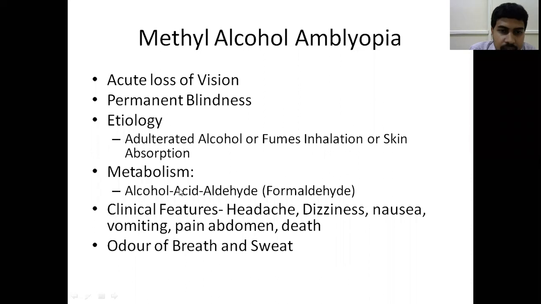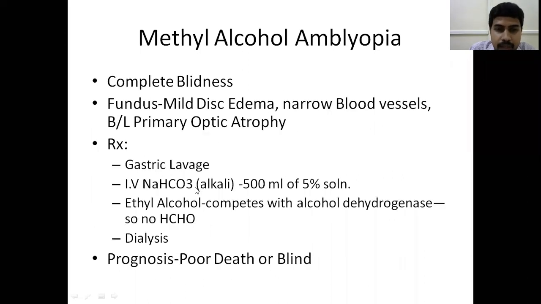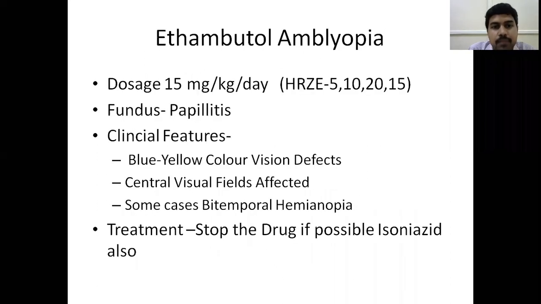So here, a small correction. Alcohol is converted by alcohol dehydrogenase into acid. Acid is converted by aldehyde dehydrogenase into aldehyde. I told the reverse here. So this formic acid is very noxious. This aldehyde dehydrogenase is inhibited by disulfiram, so acid accumulates in the body. When the acid, formic acid, accumulates, that formic acid will cause you all these kinds of symptoms. Okay, that is about that.